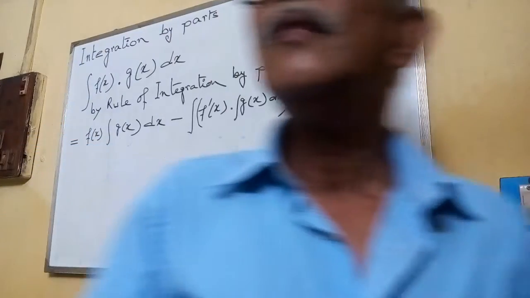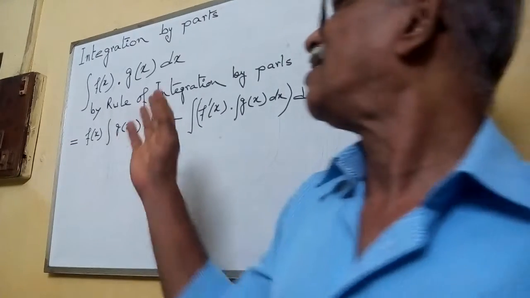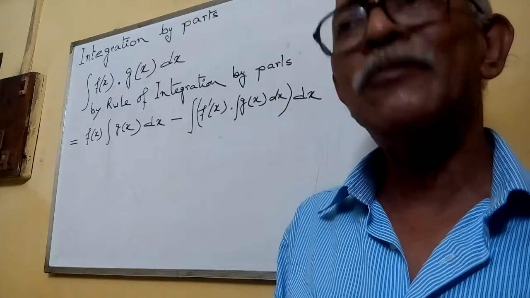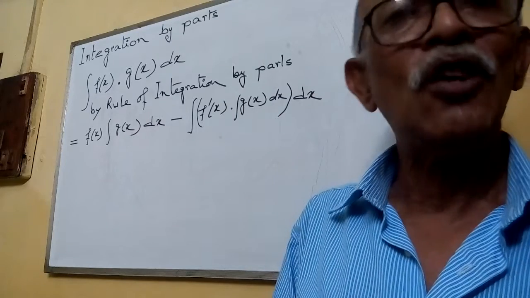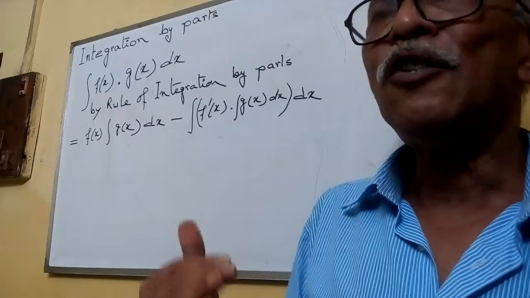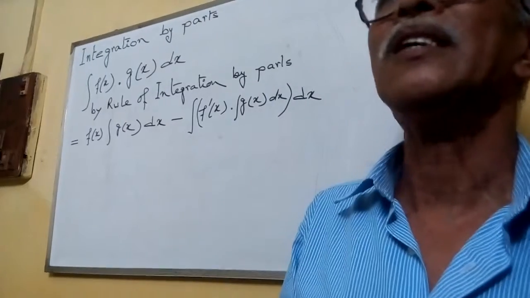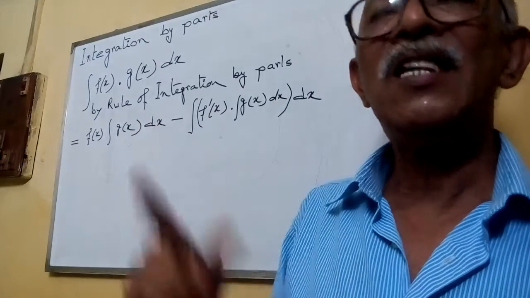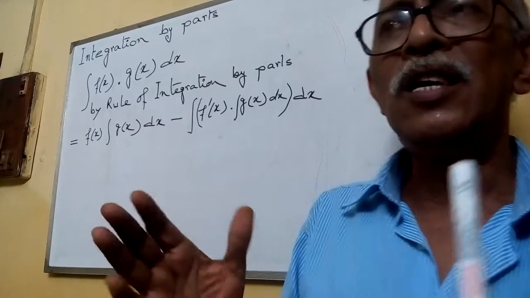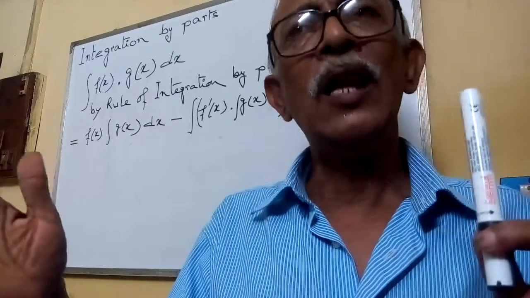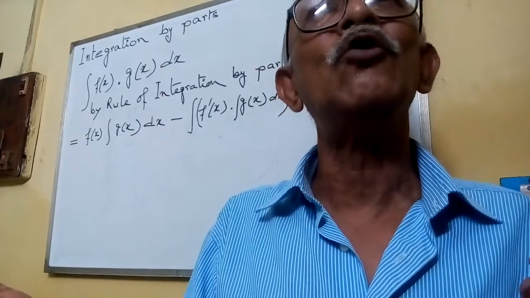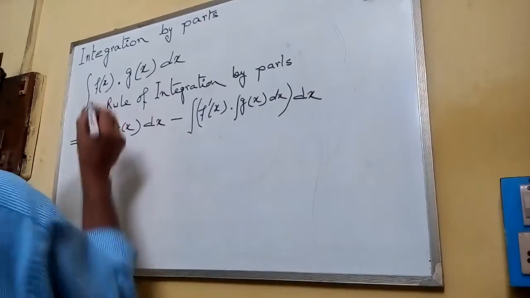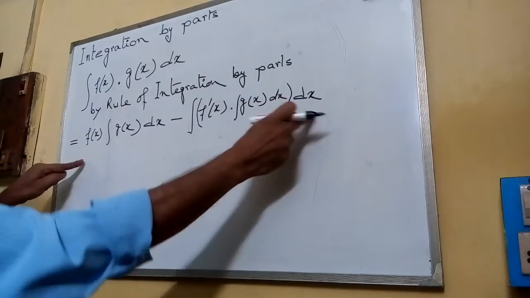Now, a question arises: how do you know that this rule is correct, as I am saying it, as it is written in books? It is not like that; where is this rule coming from? So mathematics can prove that this is correct. You know that if two quantities are equal and we do any operation on both, they will remain equal. Let us verify this rule. First, we can differentiate both sides.